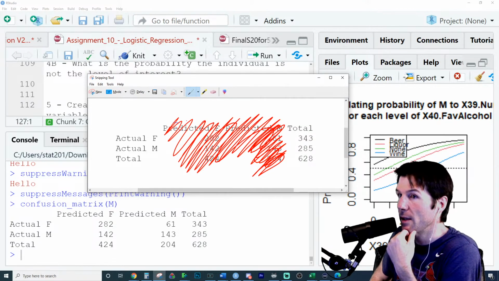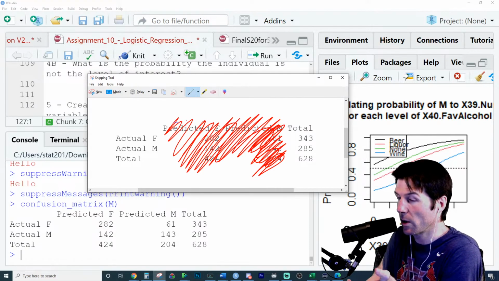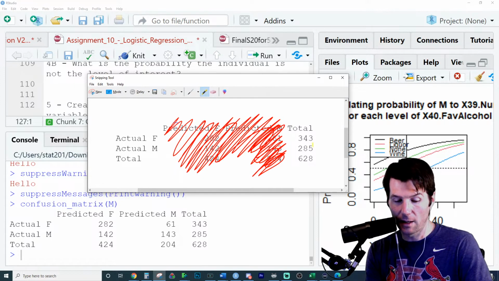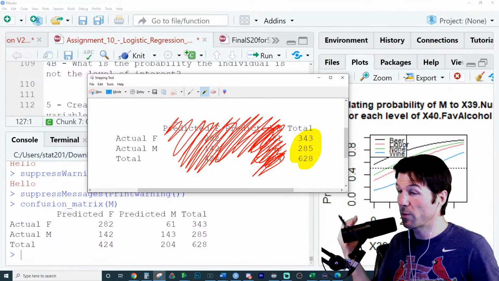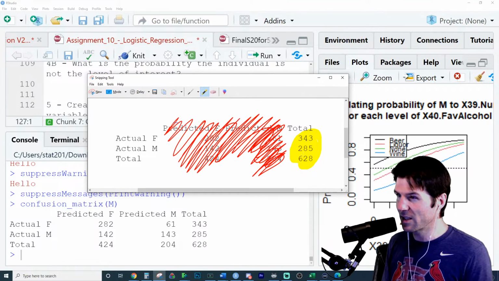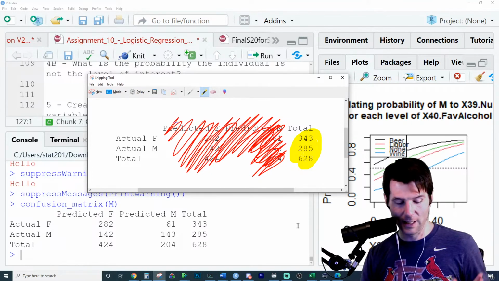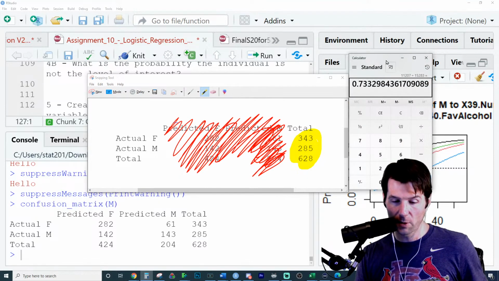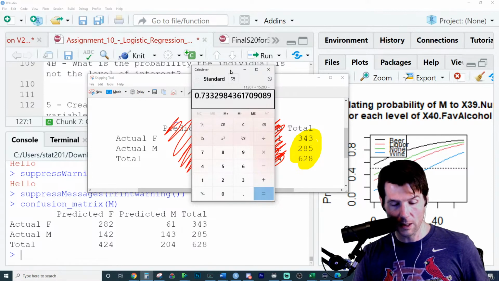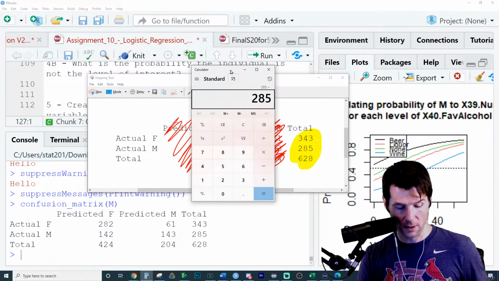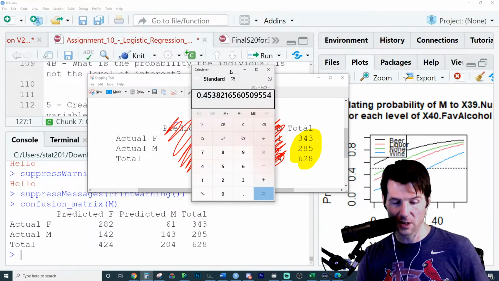So the naive model will predict everyone is female because the majority level is female. So you go to the total columns right here and you only focus on this for the naive model. So the naive model knows most people are female. So the naive model says, well, if most people are female, everyone's female. Does that make sense? It's not literally saying that's true, but it's like, well, I have the greatest probability of being correct if I predict someone's female. So you would get the misclassification rate of this right here, which I think we're talking about in this.